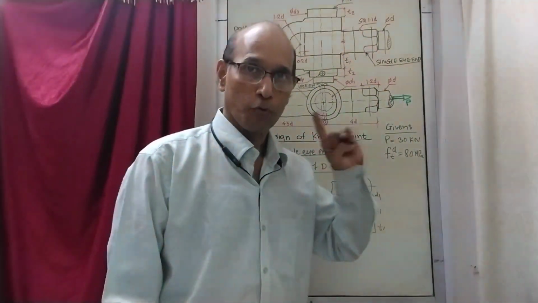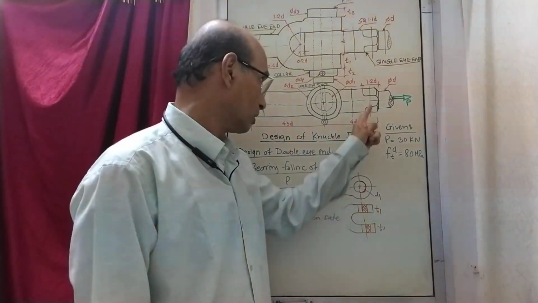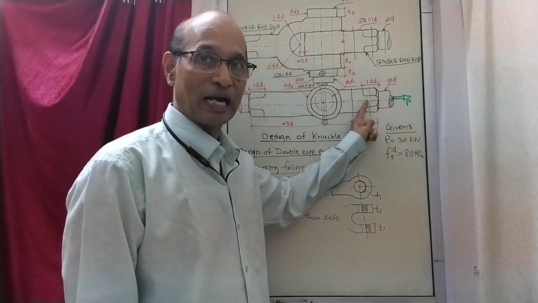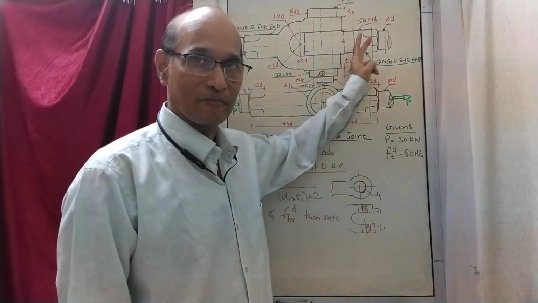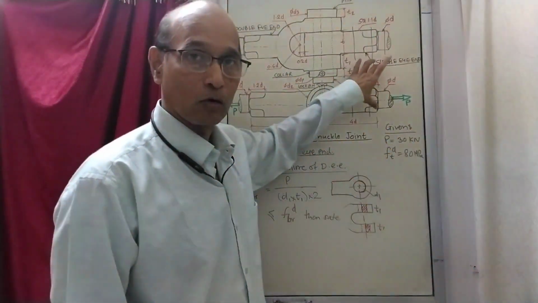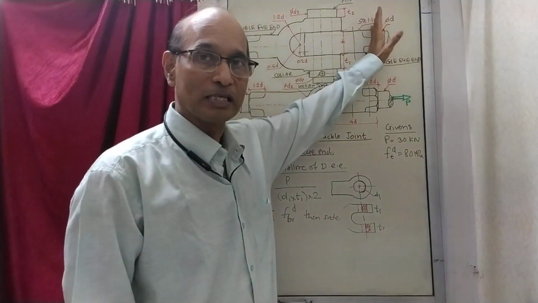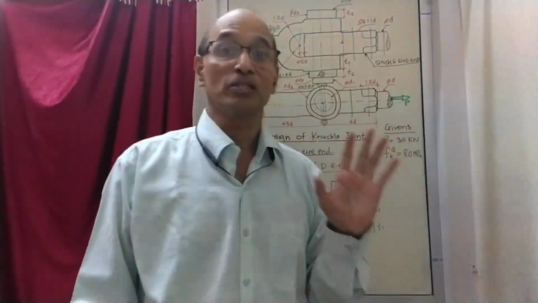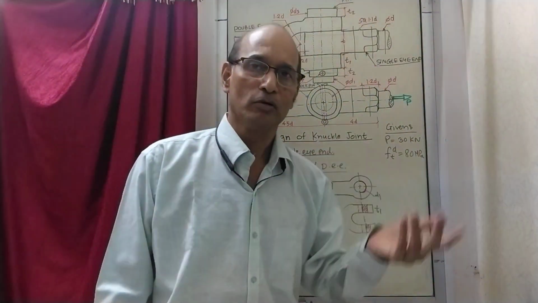If you remember, for a hexagonal bolt, in one view there are three sides, and in the other view there are two sides. Now here 3 and 3 means it is an octagonal shape. Now why do they make it an octagonal shape? The reason is something called stress concentration, which we are going to see afterwards.